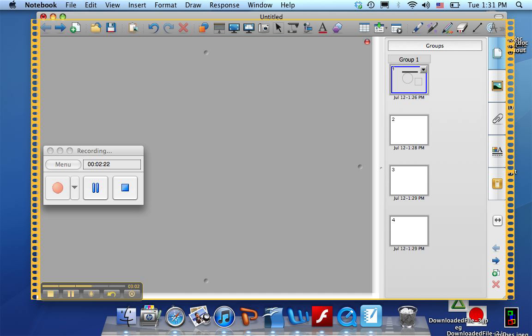Alright, so that's just some things about how you could use the Smart Recorder. Now let's watch our Smart Recorder. I'm going to